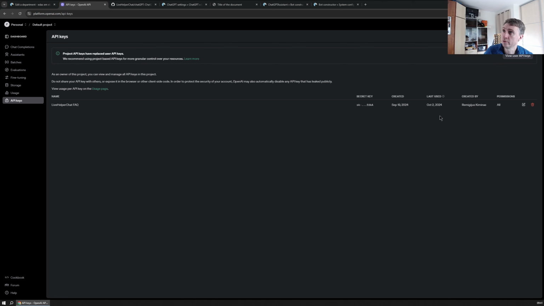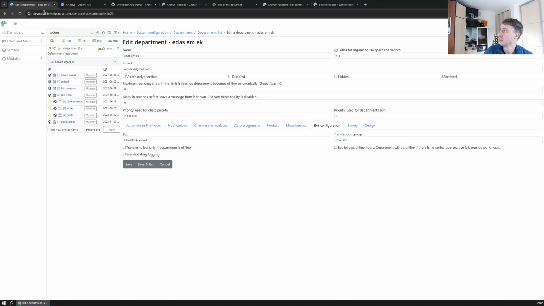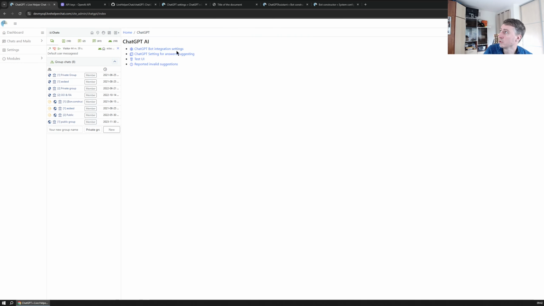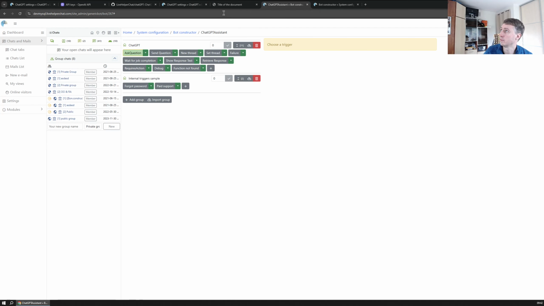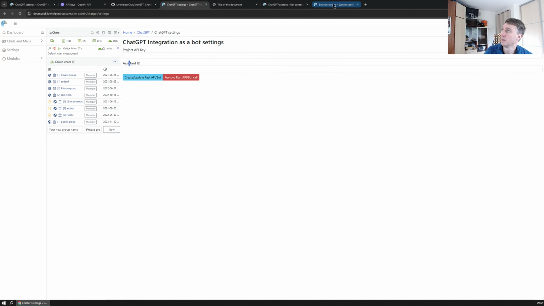Once you copy this key while you're creating it, and if you have the ChatGPT extension installed, you go to the ChatGPT bot integration settings and paste your API key and assistant ID. Once you do that, you click create and update REST API bot. Once that's done, you go to department edit,